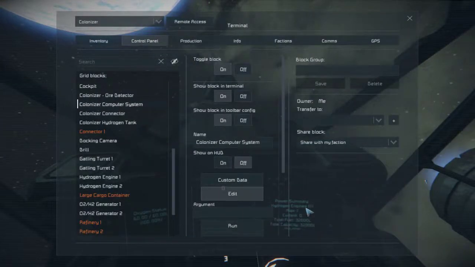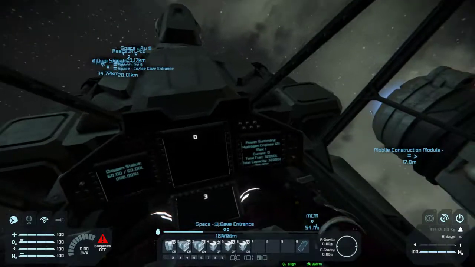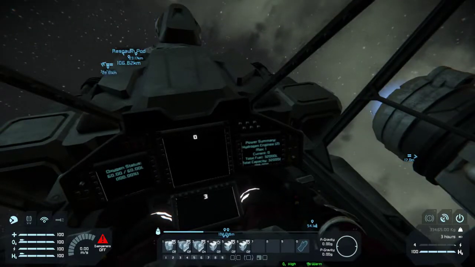Power summary, hydrogen engines 2, max 1, this in megawatts, I need to put units on there. Let me go ahead and close this so we can see what we're doing. And that is too big. So power summary, hydrogen engines 2, because there's 2 engines, max 1, current 0, total fuel 32,000, total capacity 32,000,